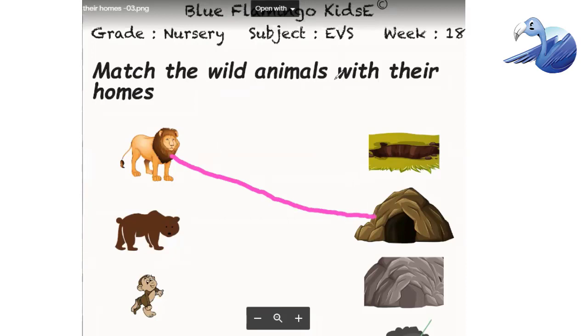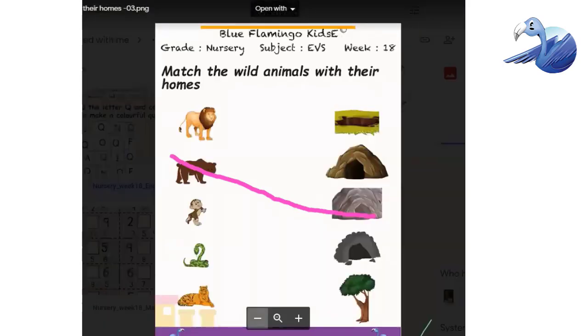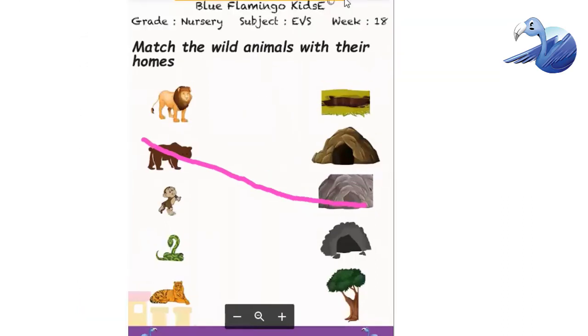Wait, I will show you full screen. Now, lion lives in den. Deer lives in lair.